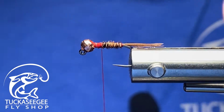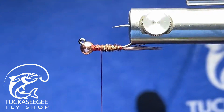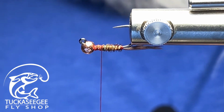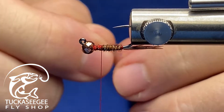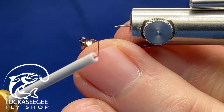All right, so for me, this is the hardest part of this thing. This one is for Mr. David Kitchen up there in Balsam, and he sent me a picture of the pattern that he wanted, and that's what I'm tying. But the flash is actually on the underside here, and so this to me right here is probably the most difficult part of this. So I'm going to set that flashy